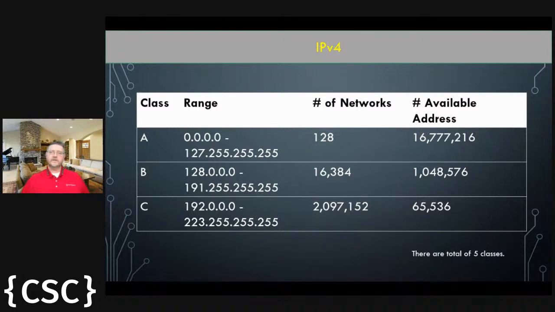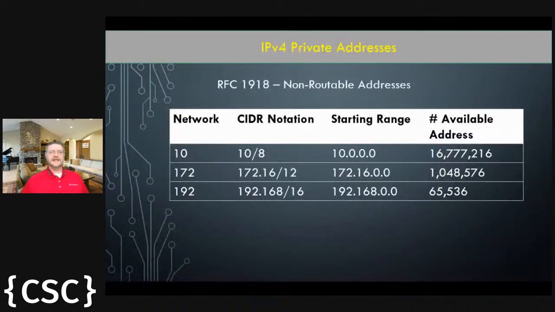So if we look at RFC 1918, which is request for comment 1918, what they say is that there is a grouping of addresses inside those classes that are considered non-routable. So the routers really don't care, except that they've been programmed to not route destination addresses that are in these ranges. So anything in the 10 range is going to be a private network, a private address.